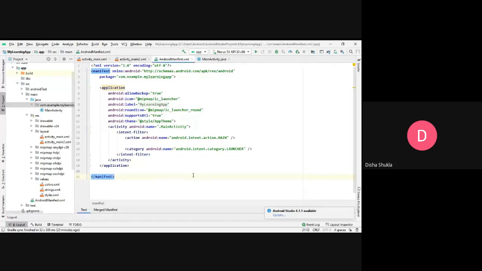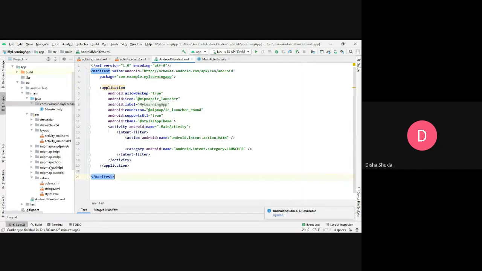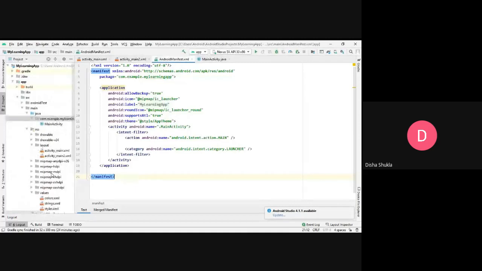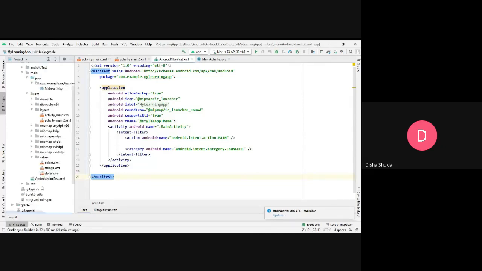Okay, good morning, all. So the last time we were discussing the IDE, the Android Studio that we'll be working on for the subject, and I showed you how to create a new project, what all these folders mean, that is the app folder, the source folder, the Java folder, the resource folder, the mipmaps, drawable folders, value folder, etc. And I also told you about the two files, that is the build gradles, both the build gradles, the build gradle at app level and the build gradle at project level.